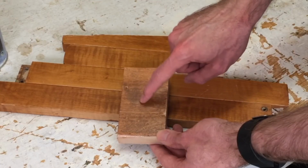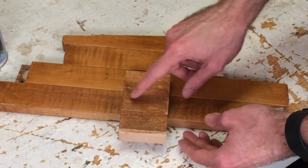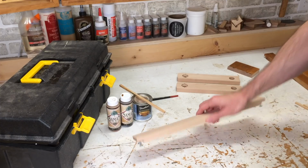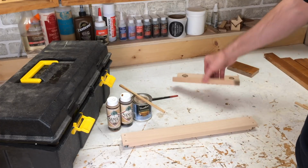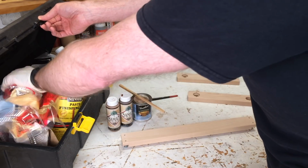There's one more trick I can use. So I've got the right color combination here, but when I apply the dark stain, I'm just going to sand it a little bit before applying the lighter stain. And that should get us dialed in. I put some screws in here so I can stand that off. That way I can stain all sides, and these I'll hang up in the tool cabinet just through the holes here. So I'm going to start off by pulling out a tack rag